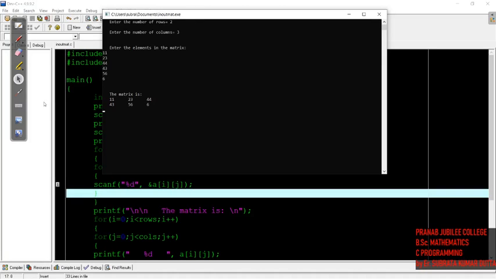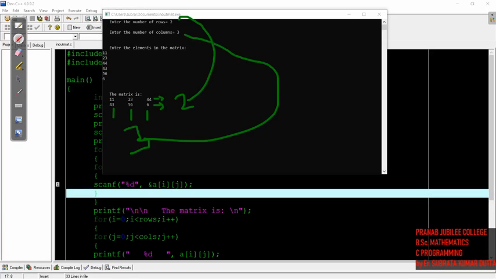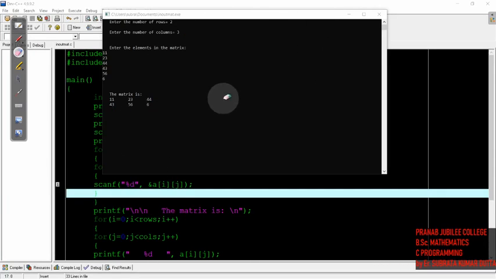So the matrix is there; look at how it is displayed. In the display portion you will see that after the column I have printed \n. So \n goes to the next line, which means the next row will be printed below. Here you can see how many rows there are, 2 rows, and how many columns, 3 columns. That's what we have entered, 2 rows and 3 columns. Got the point, understood?